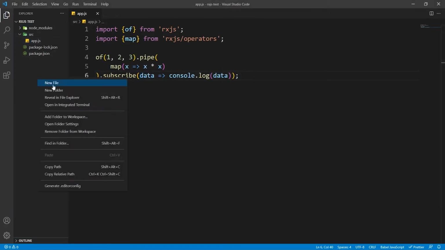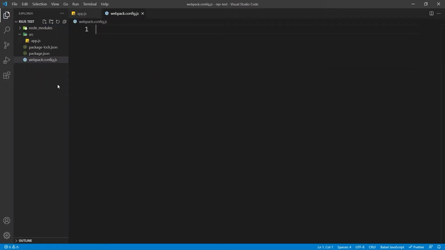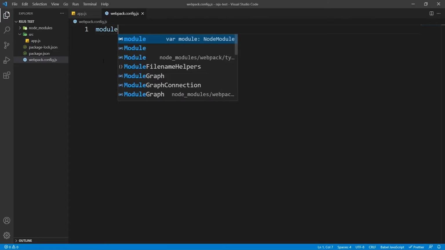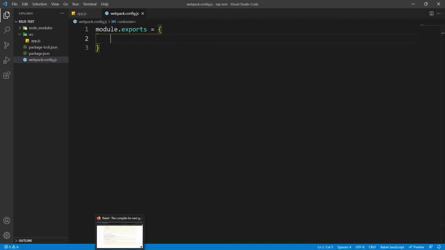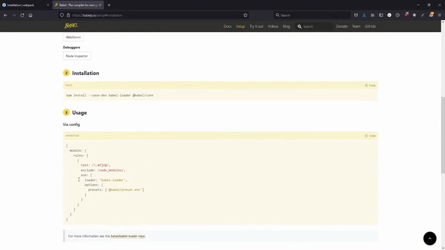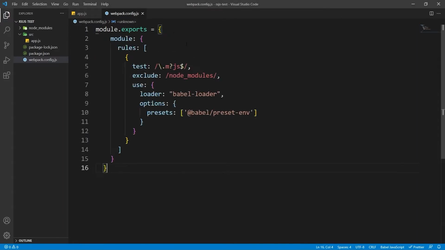Next thing that we'll do, we will need to create a webpack configuration file, so that we need to pass the app's JavaScript file to bundle it with Babel, to process it with the Babel compiler. As for what we'll export, we'll just copy this, we'll get it from here, and then we'll make some changes to it in a second. So none of this will change, none of the module, that won't change, but we will